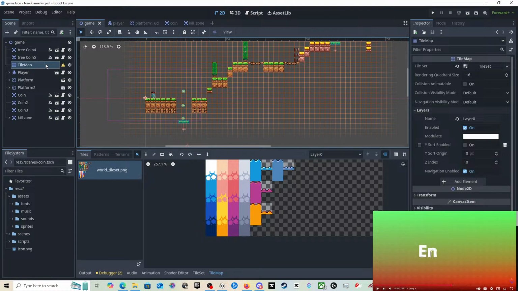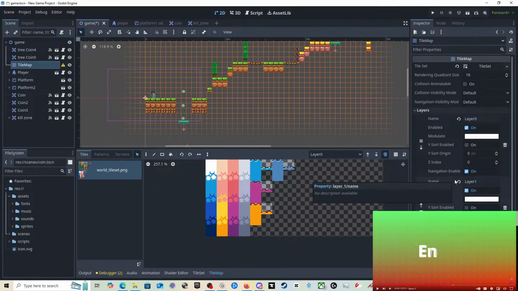That's all on the front. So that's on top, that's behind. Background.